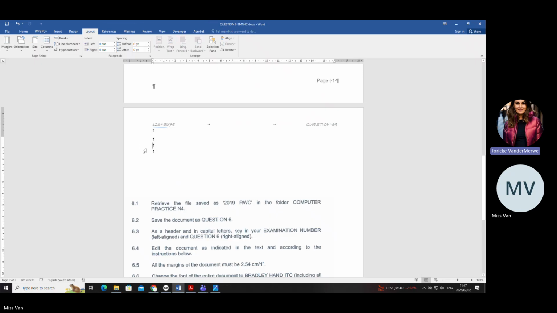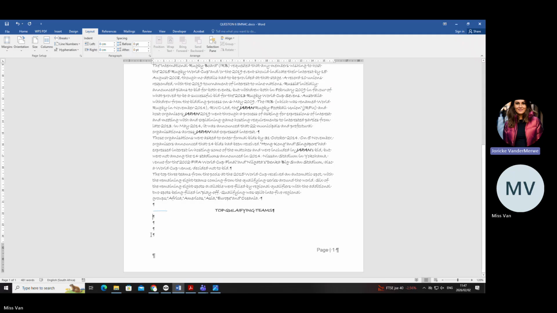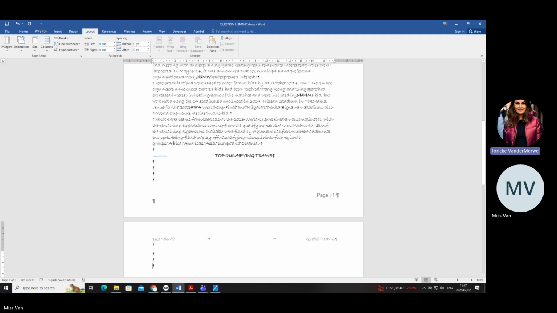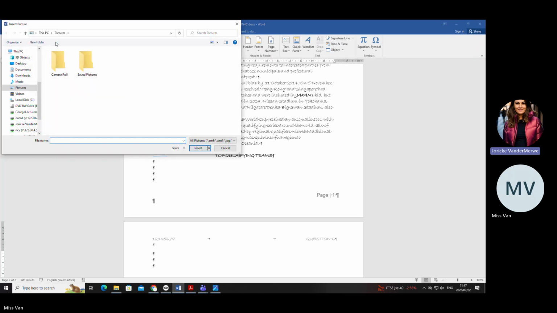Okay, so the logo needs to be at the end of the document. There's obviously going to be other things as well. The table also needs to be there. Okay, how do I insert an image? I go to Insert in my ribbon. Picture is the image. Okay.